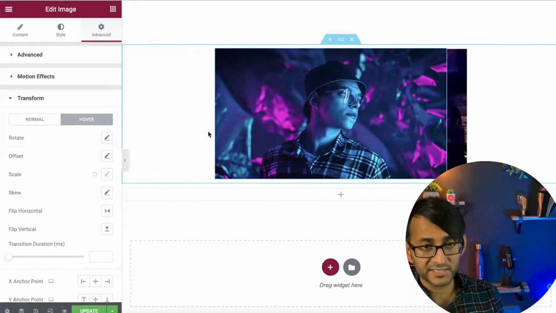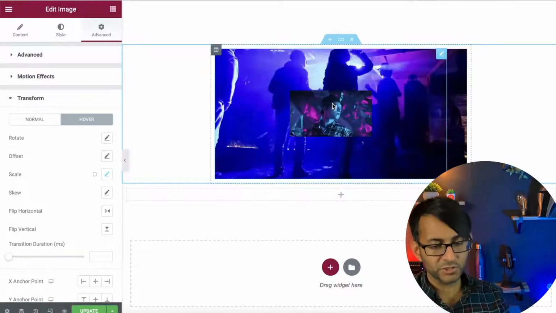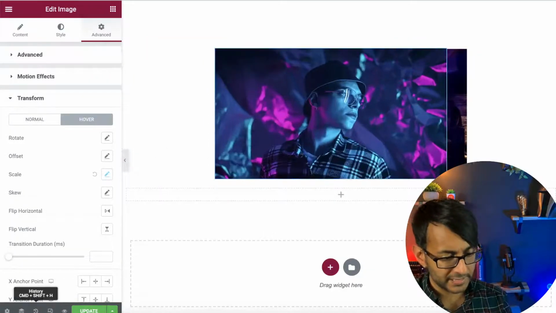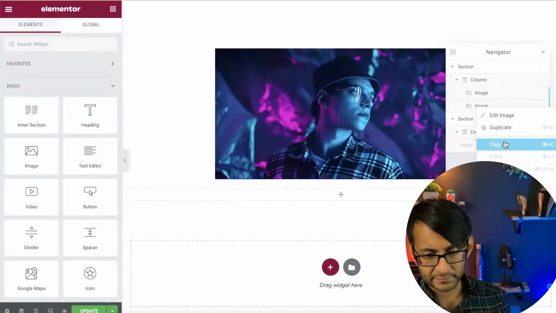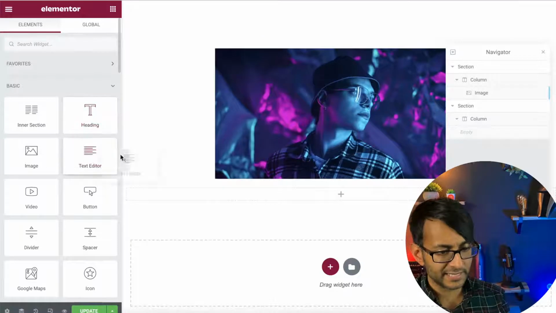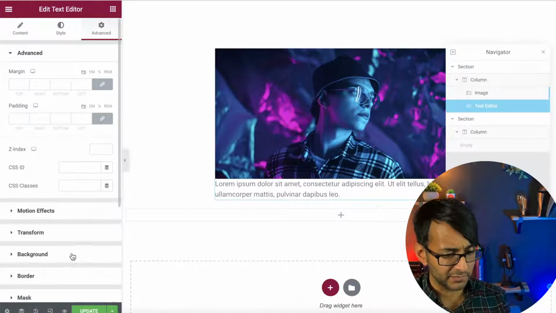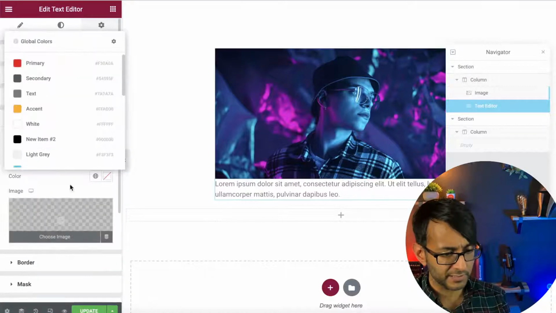Now, again, like I said, there's so much you could do. Let me just go back to my navigator. Let me get rid of that image that we had there. Let me add a text block, okay? And this text block, I'm going to give it a background color of, let's go with